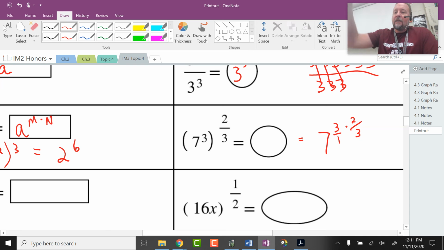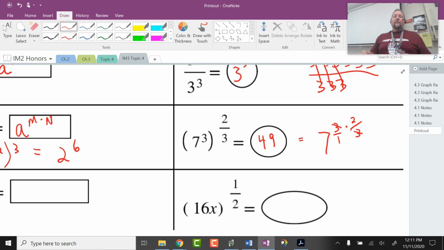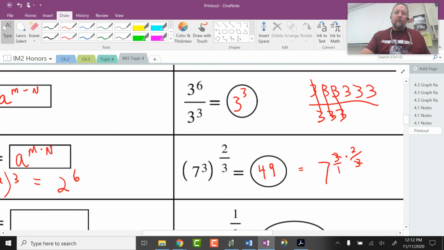It makes me sad how many students don't know how to multiply fractions. The 3's cancel. This actually ends up becoming 7 to the 2/1, or 7 squared. This actually is 49. Instead of writing it as 7 squared, I think we can evaluate that. The previous one, I could have written 3 to the third is 27, so I guess